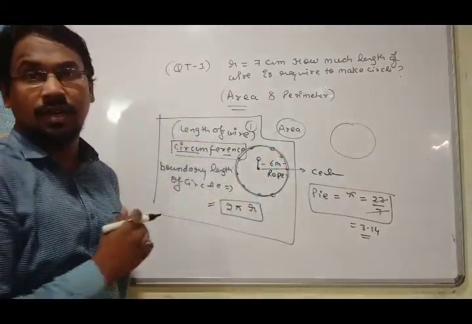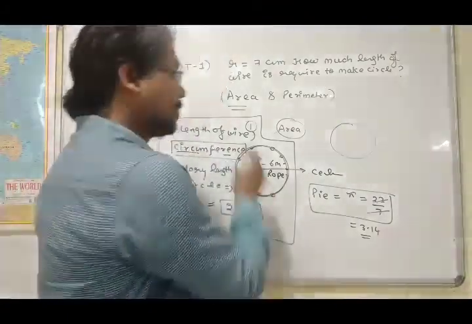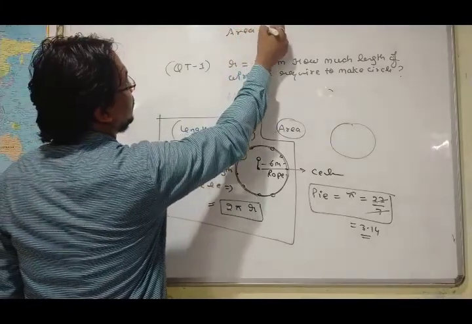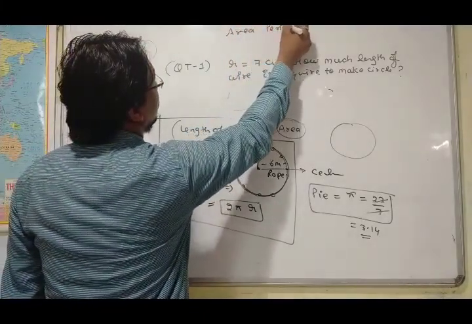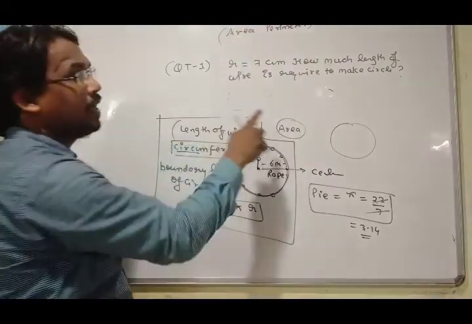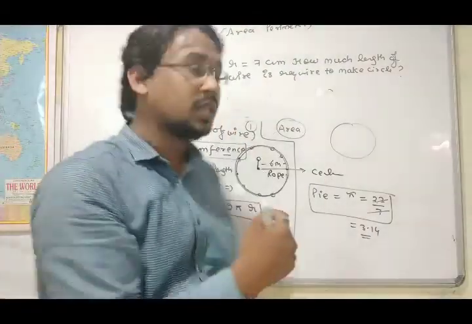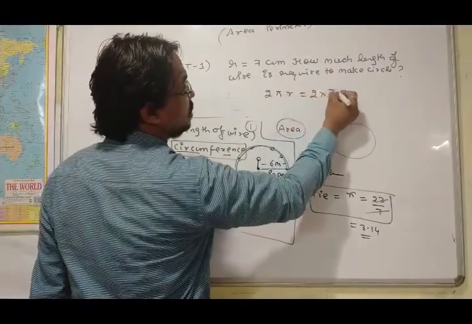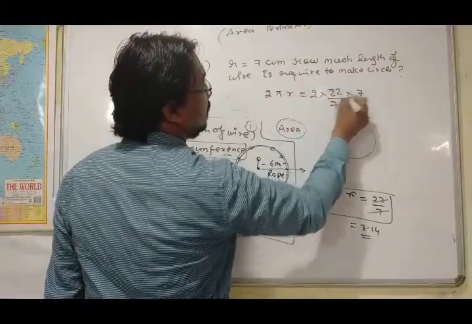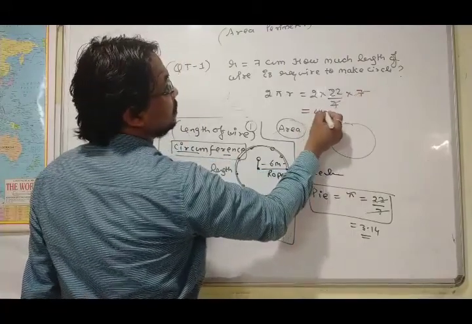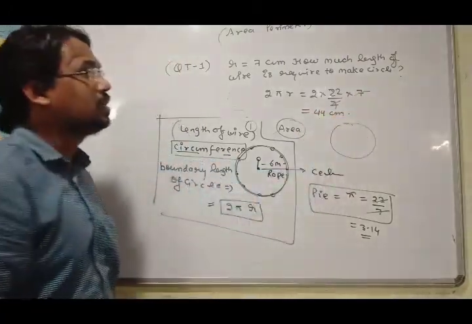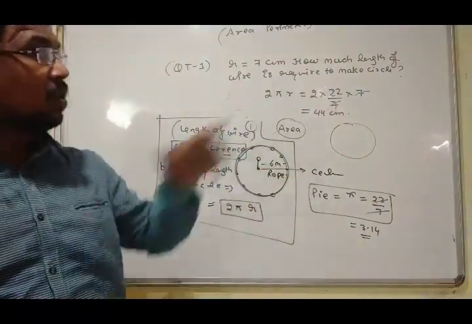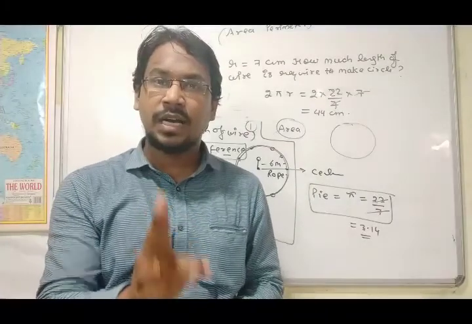This kind of question they will ask. So what you all will do, you will say to me, sir, since we are studying area and perimeter, and always wire is on a boundary length, so what we will do, 2 pi r, it is 2 into 22 upon 7 into 7 got cancelled, 44 centimeter. So you can see, sir, the length of wire used in it is called 44 centimeter. So this is our first topic.